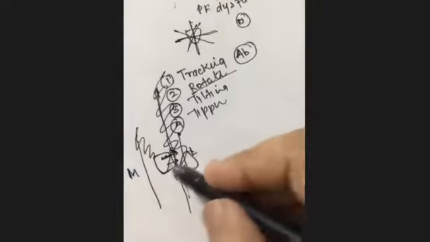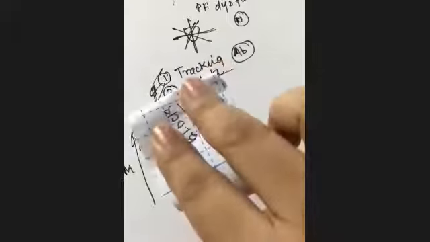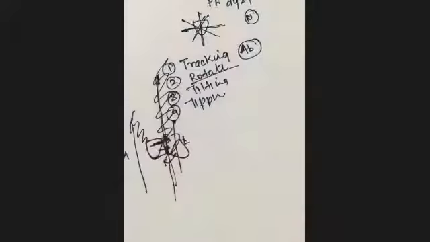Basically, suppose this is the patella, a triangular structure, and the patient is supine. If it is moved medial and lateral, it is called tracking. This is rotation. When it happens this way, this is called tilting. And when the inferior pole is depressed and the superior pole is anterior, this is called tipping.